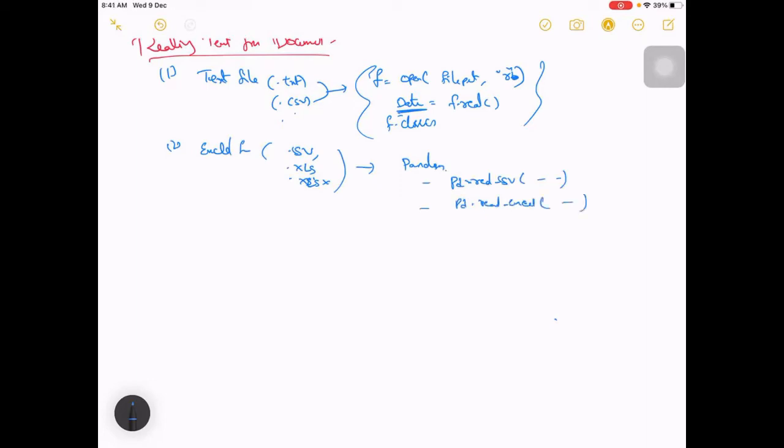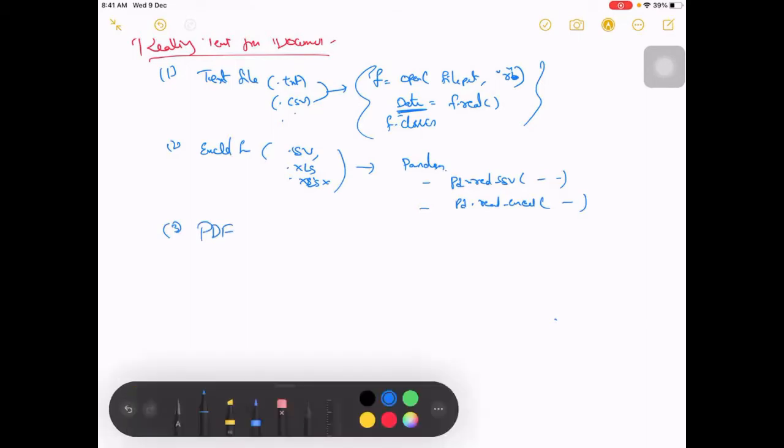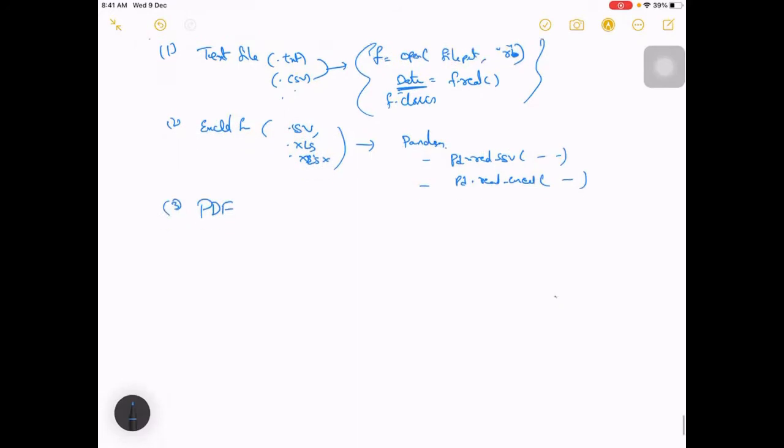In case you have pdfs, this is where it is challenging. Even for word documents, there are a few libraries which I am not aware of as of now, because I'm not sure exactly, but there are a few libraries for doing this as well. So let me talk about pdf now. In case of pdf, it is divided into pdf with properly documented text, where you have selectable text. I'm calling it selectable text, but I'm not sure what name we can use for that.